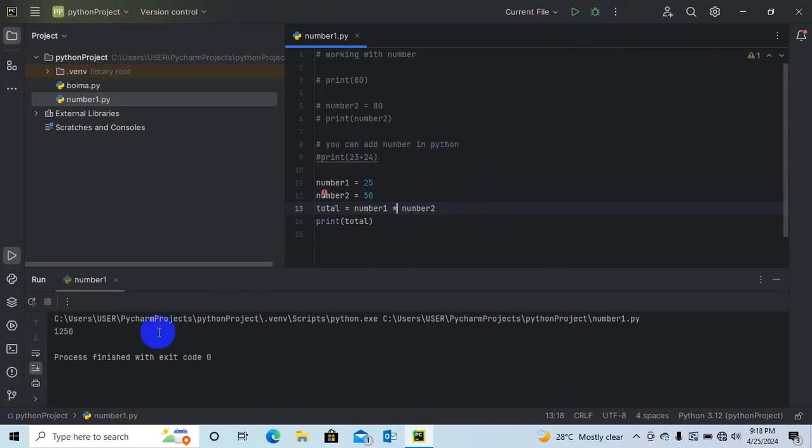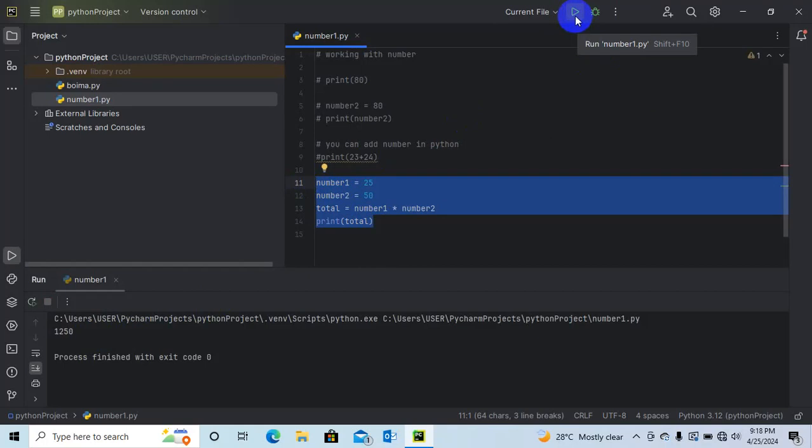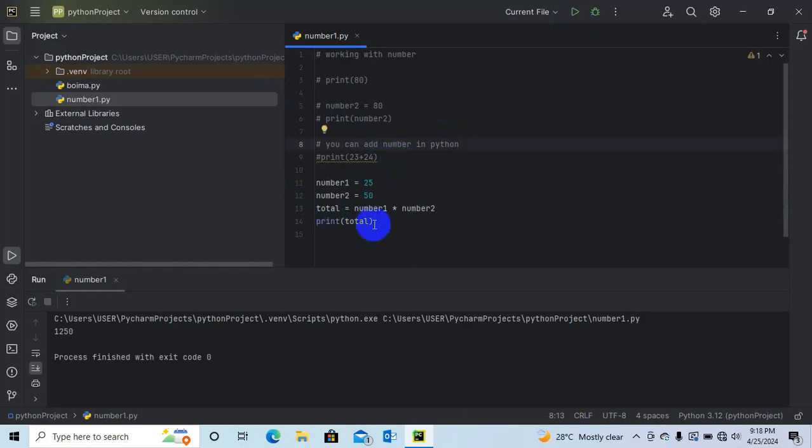So we can just run this. It will give us 1250. Now let's comment this. So we have learned how we can declare two variables and use operators, that is addition, subtraction, and multiplication. So you can try it for the rest. So it will give us 8. So that means select this and comment this.